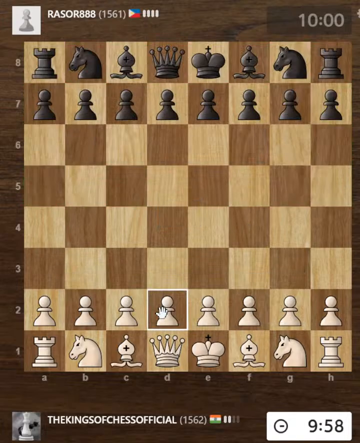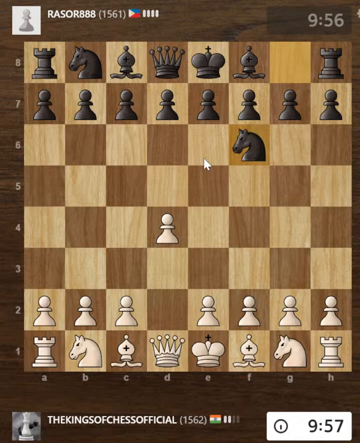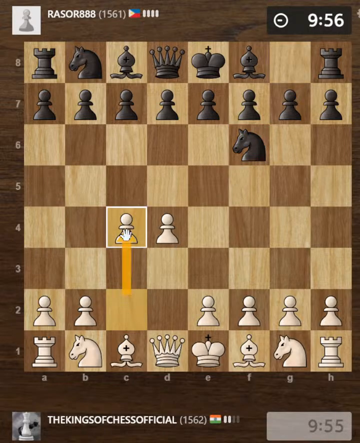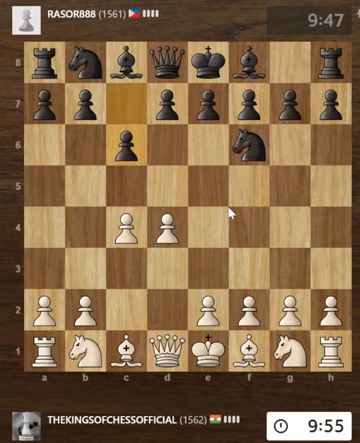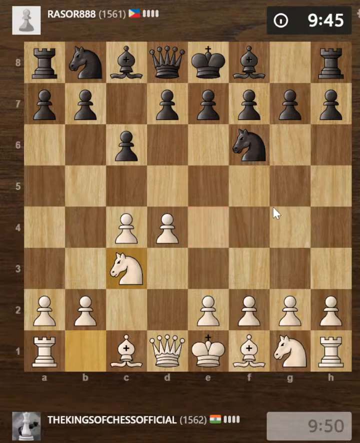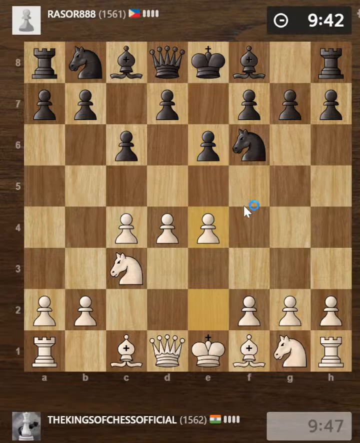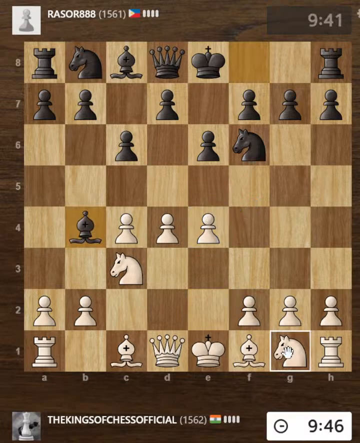So we continue with d4, the queen's pawn opening, where it's black's turn and black goes with knight f6. We play c4, queen's gambit, where this is black's turn and black is thinking for the move. He goes c6. Okay, so go with knight c3, preparing for this. Ultimately, this is white's turn. I mean black's turn, and black goes with e6. We go with e4. He goes with bishop b4,